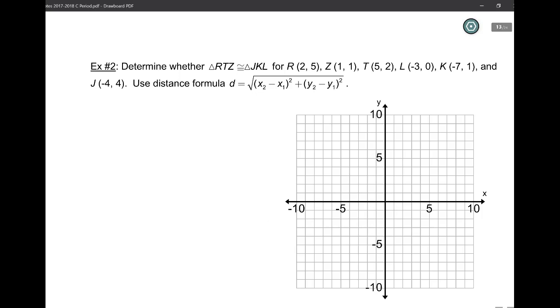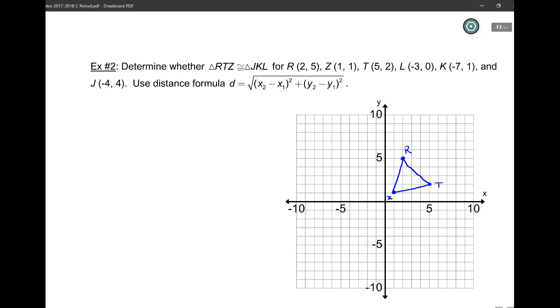Example 2, we want to determine whether RTZ is congruent to triangle JKL. So we have a set of coordinates here, so let's go ahead and plot them. R is (2, 5), so here's R. Z is (1, 1). We have T is (5, 2). So here's triangle